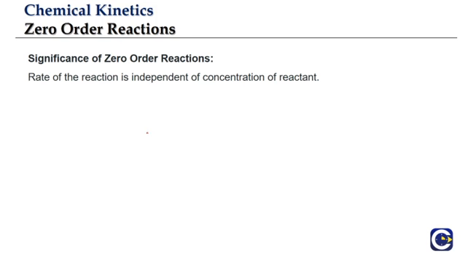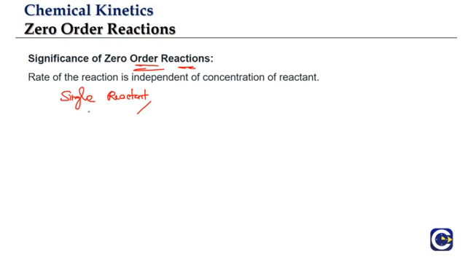So we'll begin with what is the significance of a zero order reaction. So we talked about the rate of a reaction, understanding of what is the rate of a reaction in the first video, and in the second video lecture we talked about the concept of order of a reaction. So here if we look at particularly the reactions having a single reactant, this is the type of reactions we will try to analyze mostly in this chapter.